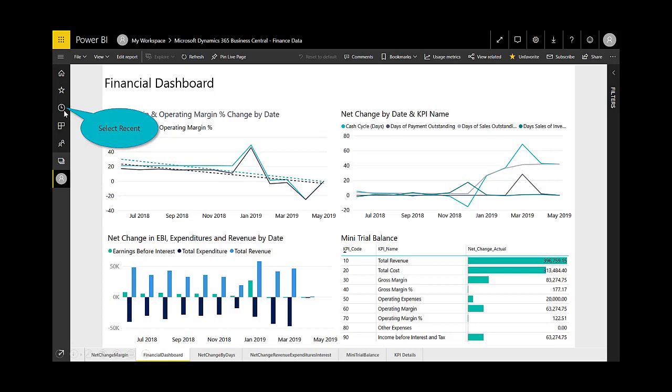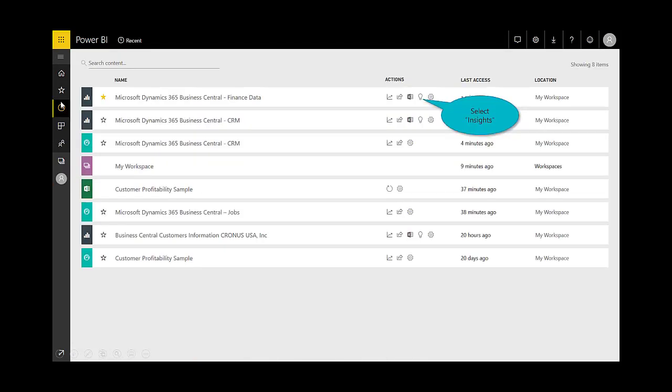Once I've looked at this financial dashboard, I'll click on Recent, and you can see here again all the different reports, dashboards, and some spreadsheets that I have included in my workspace. But what I think makes our solution very unique is that we leverage all the innovations that are happening